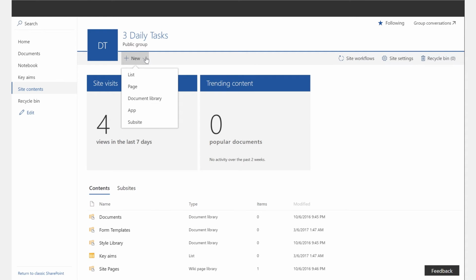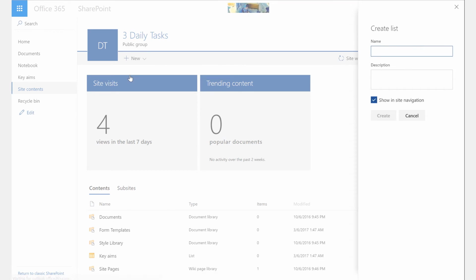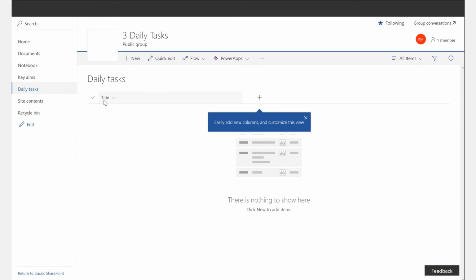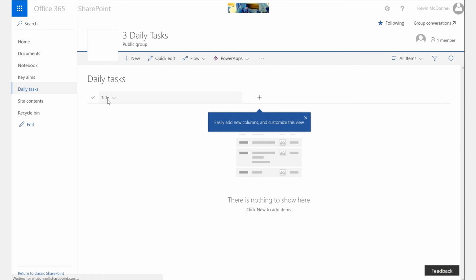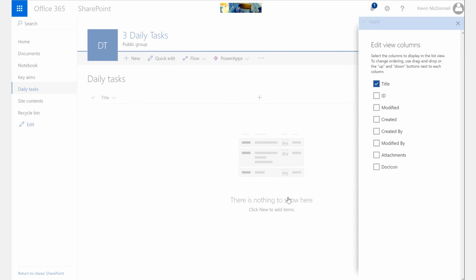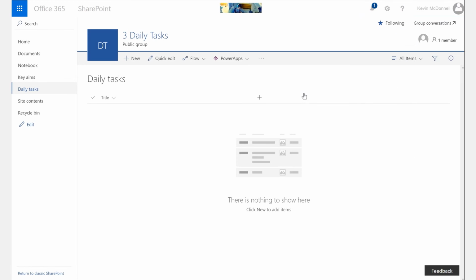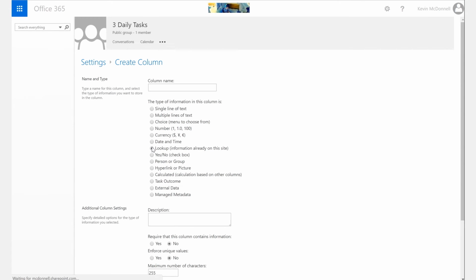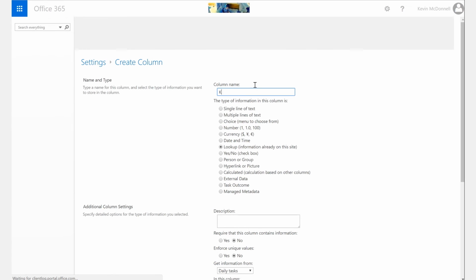And from there, we're going to add another list, and we're going to call this one daily tasks. From there, we have the very simple adding the title for the task, and we're going to add some additional columns on there. Let's first add a lookup column on there. Oh, sorry, that's adding a view. So we can add more on there and add the lookup column so that we can get the key aim